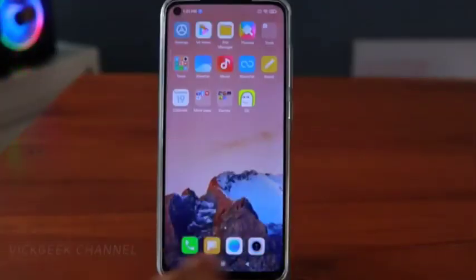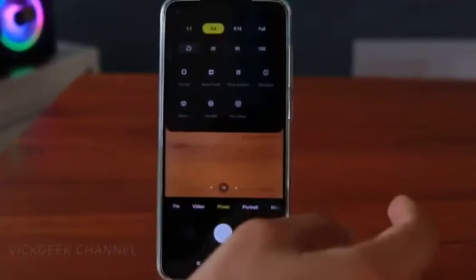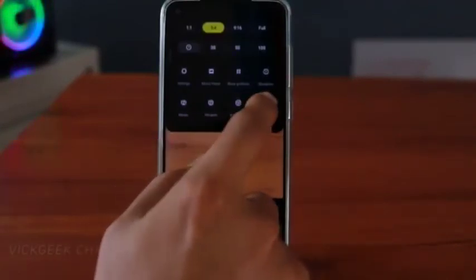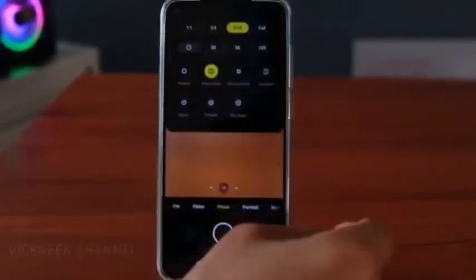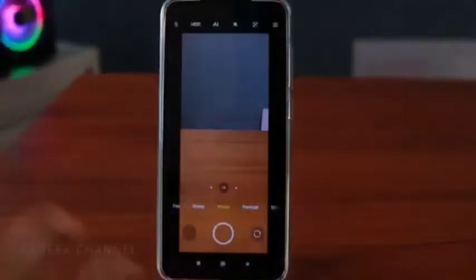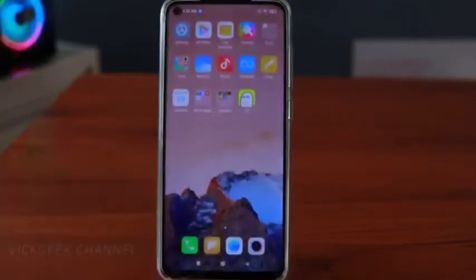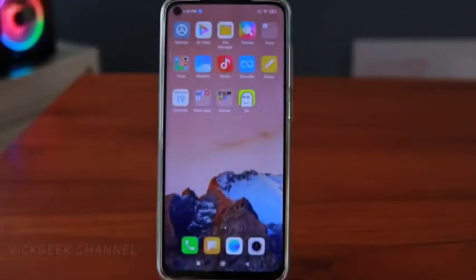The next one is camera. Now they have introduced movie mode on MIUI 12, especially with the Redmi Note 9 series. As you can see, there are three stripes here. If you go here, you will see the movie frame. There you have it. For the photo as well as video, you can capture with the movie frame aspect ratio. I think this is like 2.31:1 ratio, which is used in the movies. And I'll be making a separate video on this one, so make sure you subscribe to my channel. Just a little nice thing on the camera setting there.